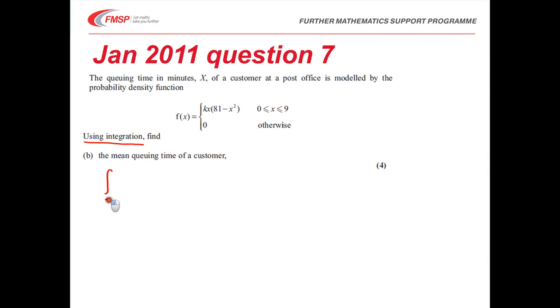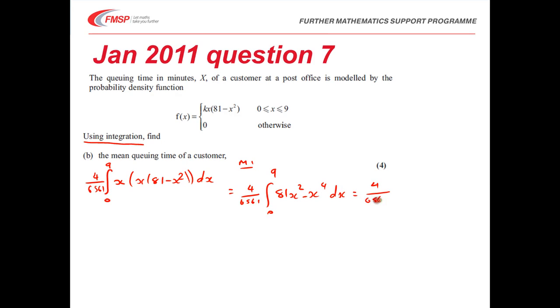So this is going to be the integral from 0 to 9 of x multiplied by f of x. So let's take the value of k out of the equation for a second, just because it makes life that little bit easier. x multiplied by 81x minus x squared. Okay, so you get a method mark for that because it's a correct statement about how to find the expected value, the mean value. Okay, so if we just multiply this out before integrating it, that's going to make my life a lot easier. So 81x squared minus x to the 4 dx, which will give me 4 on 6561